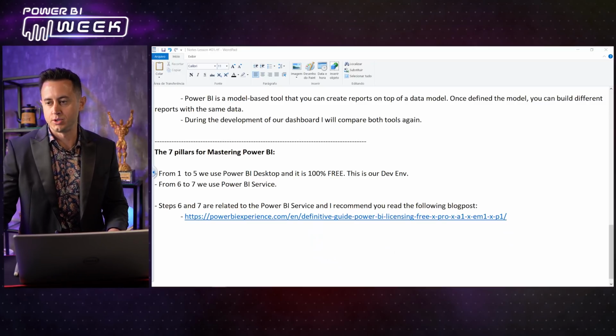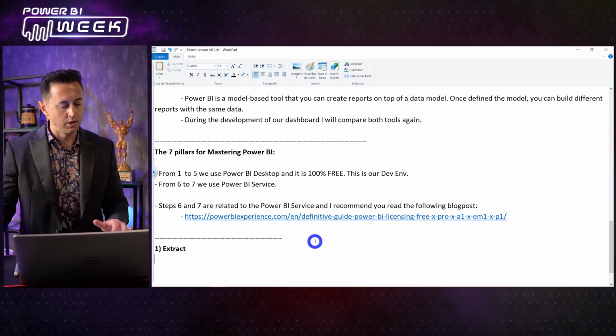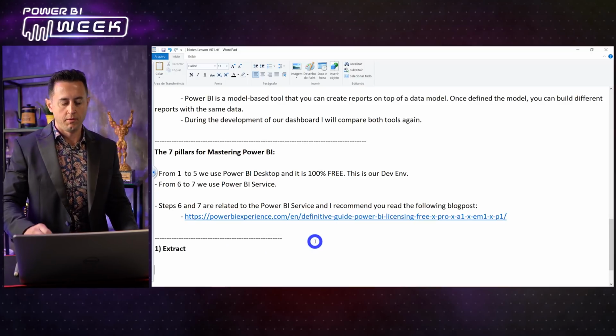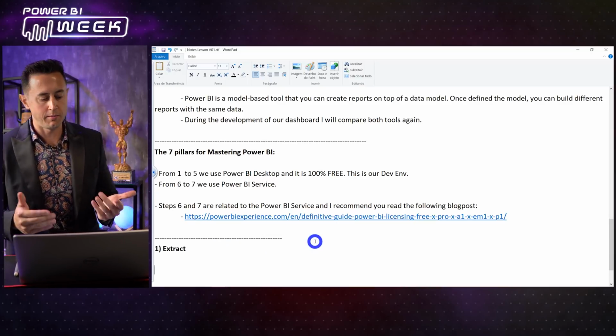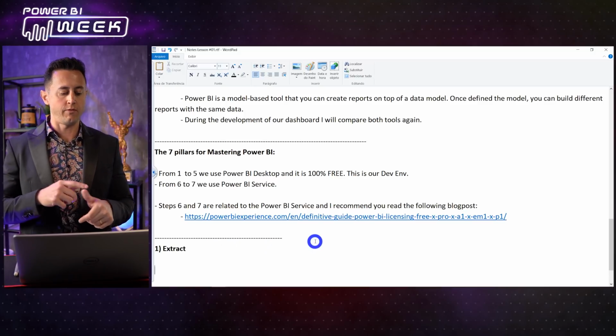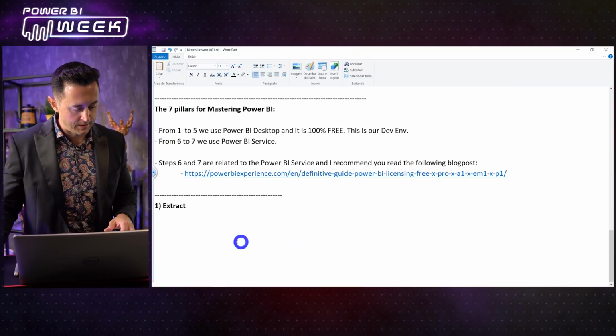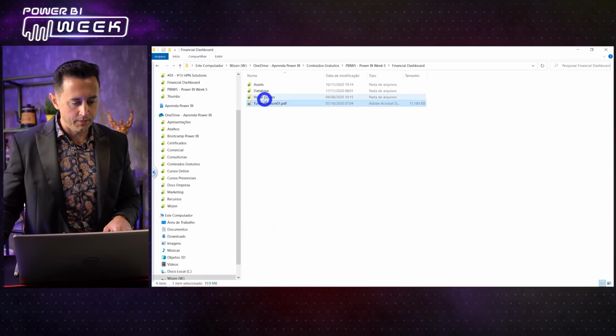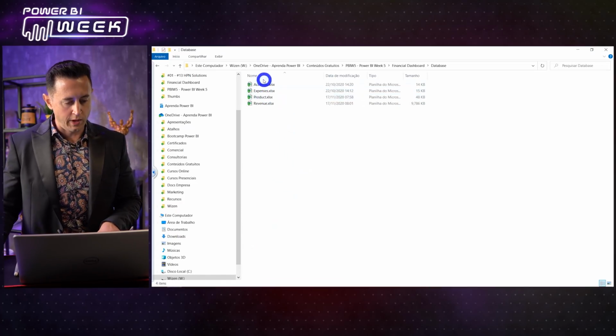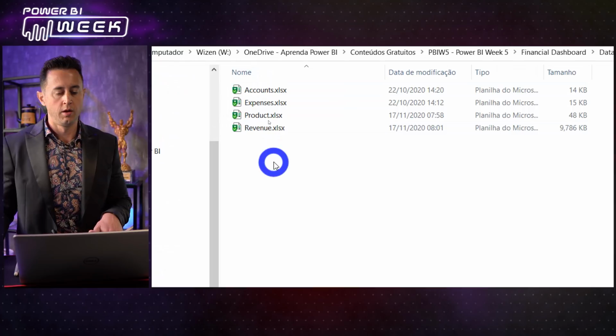So the first phase is to extract, right? So let's just extract our data. Let's see what our database is, how it works, what tables we have, what files, and so on. So let me show you. Database. We have 4 Excel files, okay? In this